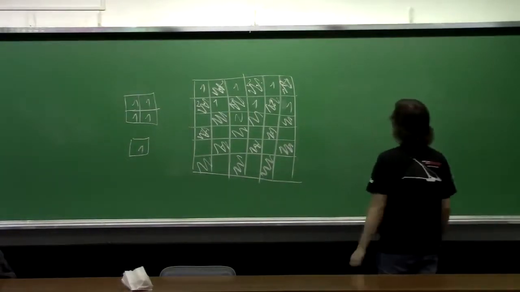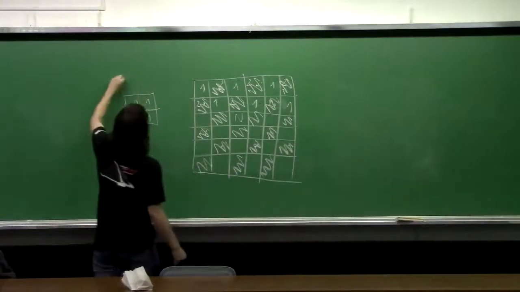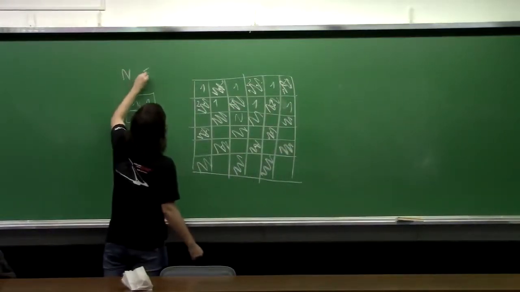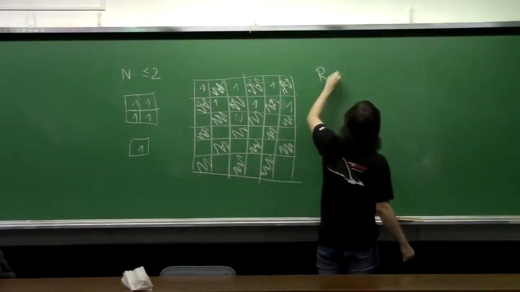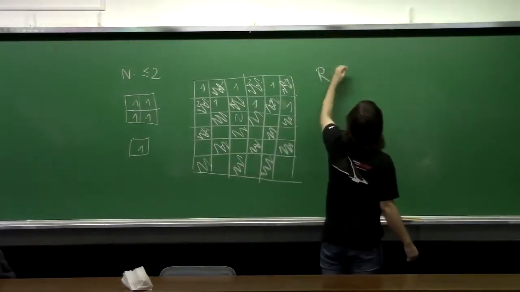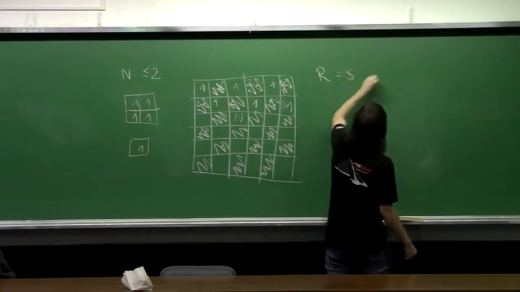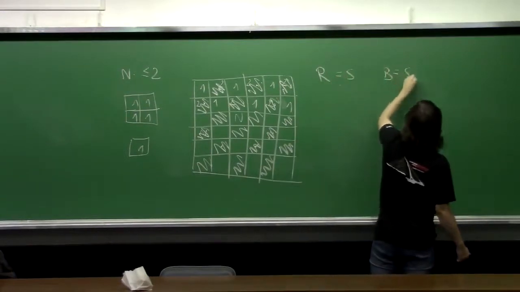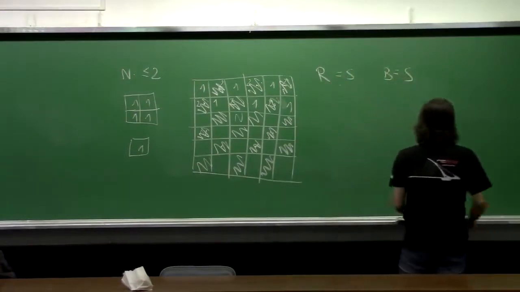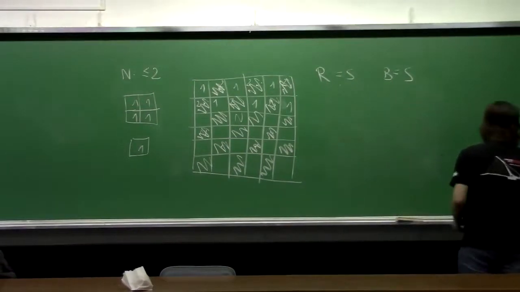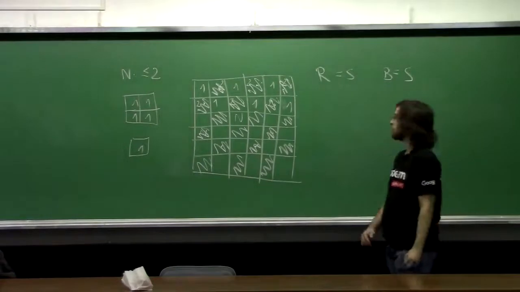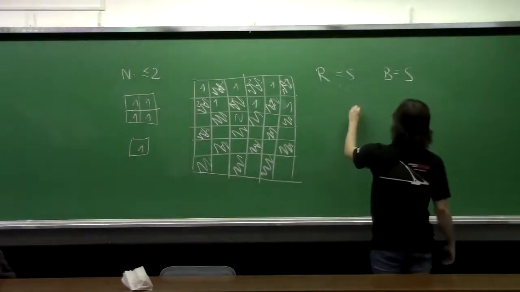There are no special cases to handle here, so we have knight at most 2, rook exactly S, bishop exactly S, and the last remaining case is the king, which is where